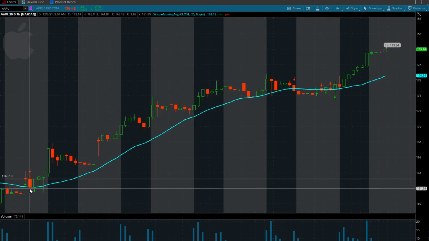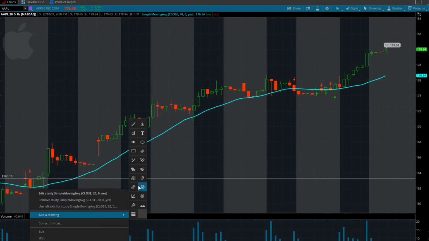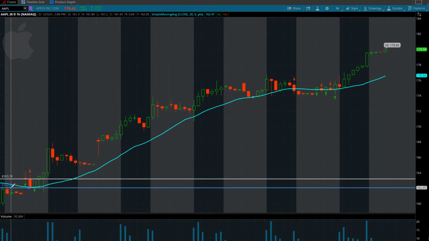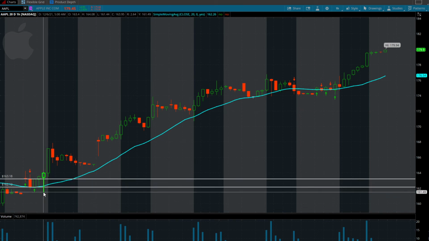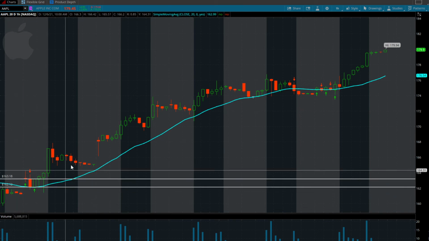What is going to be our stop? Our stop is going to be any close below that bar that's telling us that the trade setup is on. That stop out price is going to be 162.12. You're going to give yourself about $1 risk on this trade. As long as we don't get an hourly candle close below this price, we're going to continue to ride this